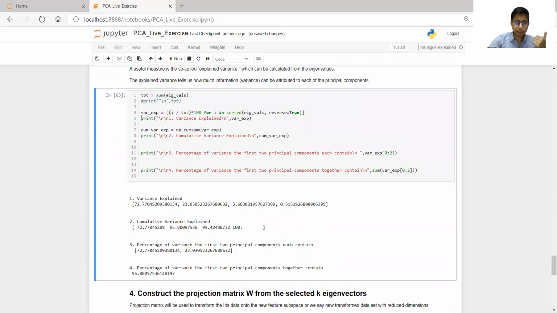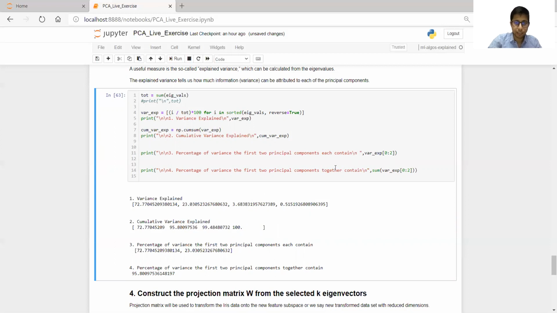So here I'm printing the explained variance with respect to each eigenvalue. That is, the first eigenvalue corresponds to this much variance, the second eigenvalue this much, the third this much, the fourth this one. Cumulative means first, then the sum of the first two, then the sum of the first three, like this. If you sum all four, you will of course get 100. That is the cumulative variance, where we are just summing up. So just normal mathematics, nothing extra.